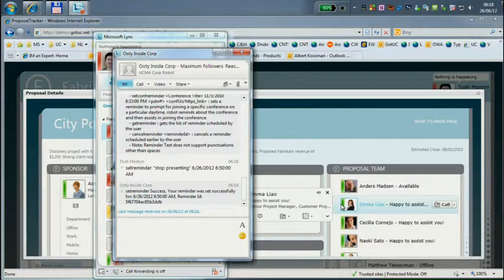At this very moment, it will call me 10 minutes before this talk is to an end. I have set myself a reminder, and it's going to call me at 6:50 Pacific time, which is going to be 10 minutes before this talk is going to end. You can imagine now that if you have this capability of doing an outbound call, you can also build this into your own software.